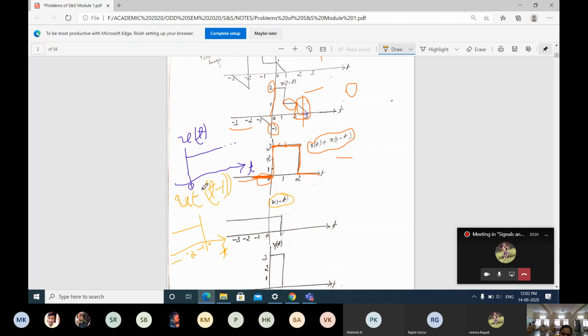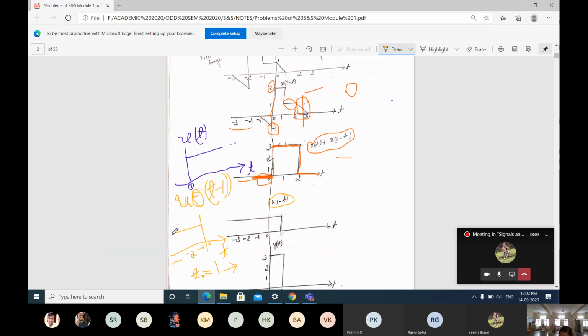Next, what you have to do? We finished off this part. We finished off the negative part. Next we are left with minus 1. What is the t naught value? That is going to be taken as t naught equals 1 only. Yes. If it is positive 1, it is going to shift towards the right side by 1 position. 0 plus 1 is 1. Again, minus 1 plus 1 is 0.